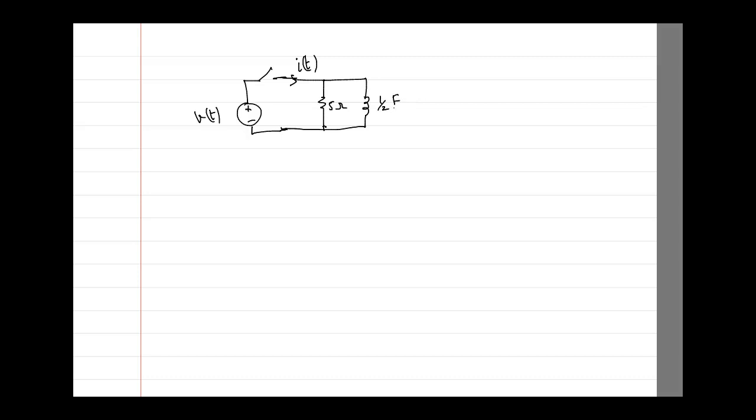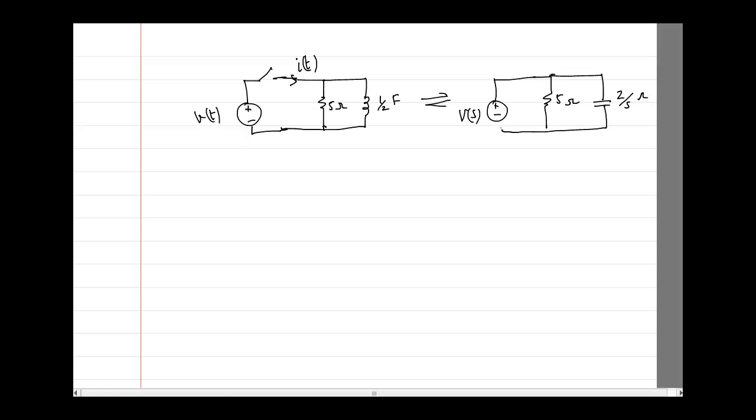So again, what is the step? The step is you have to transform this circuit. This one will become plus minus V of s, whatever is the value of V of t, you have to take the Laplace transform of that, and then the resistance will become 5 ohm itself, and the capacitor is 1 by Cs, from which you will get here 2 by s ohms, and then you have to find out I of s. So again, what will be I of s? V of s divided by whatever is the parallel combination.